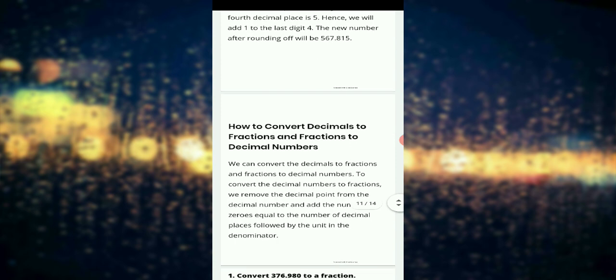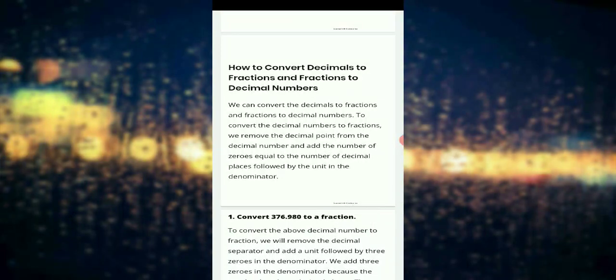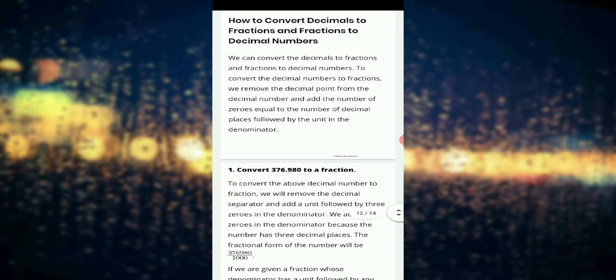Well, how to convert decimal to fraction and fraction to decimal? Well, student, it is a good concept for you. You please understand it well. We can convert decimal to fraction and fraction to decimal numbers. To convert decimal numbers to fractions, we remove the decimal point from the decimal number and add the number of zeros equal to the number of decimal places, followed by the unit, in the denominator. For example, convert